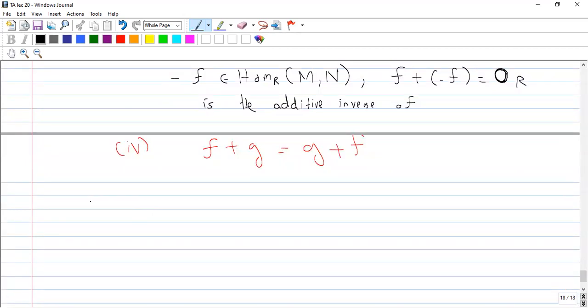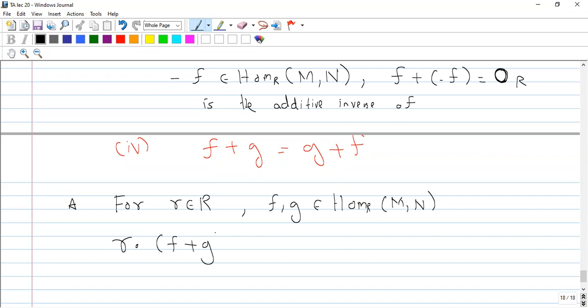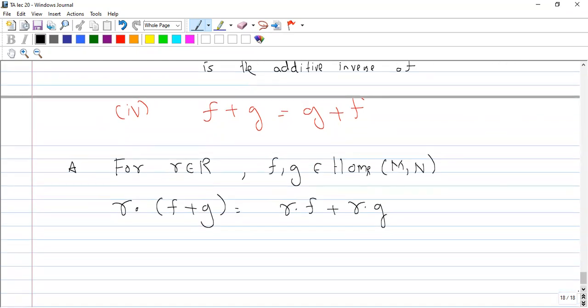So let's say scalars में अगर जो प्रॉपर्टीज हैं उनमें कैसे आ सकती है, that for r in R and f, g in home. So मेरा टास्क क्या है, that r dot (f plus g) should be equal to r dot f plus r dot g. So one can check it easily that if we